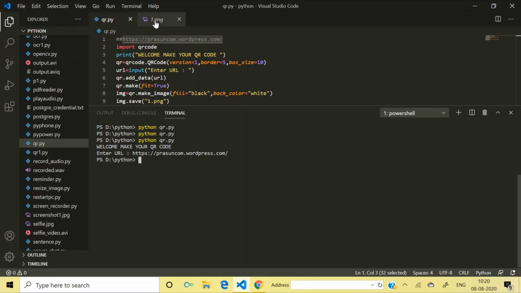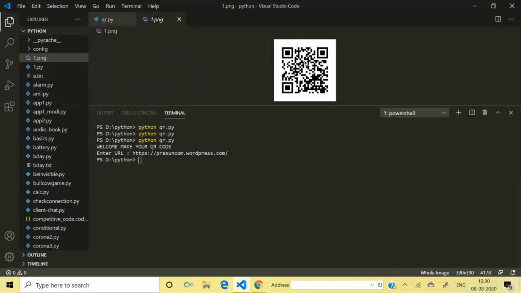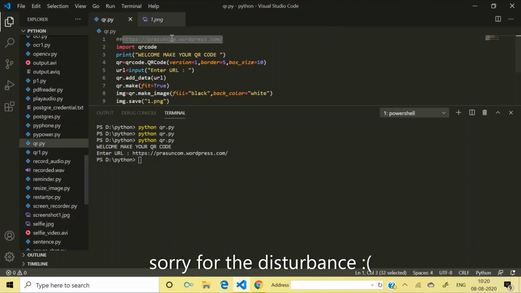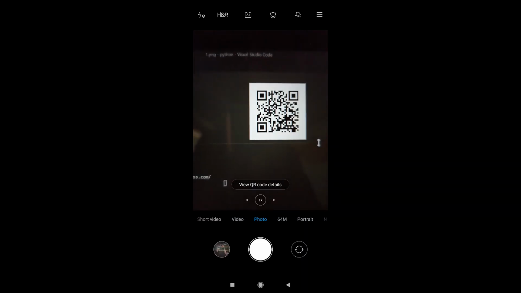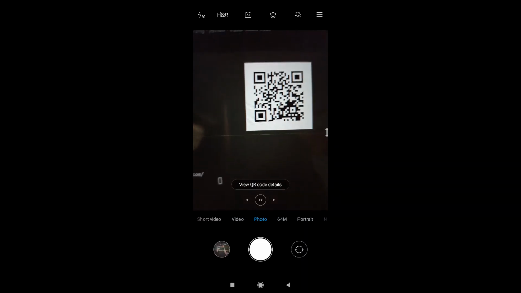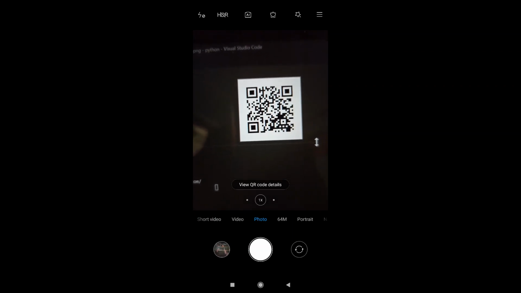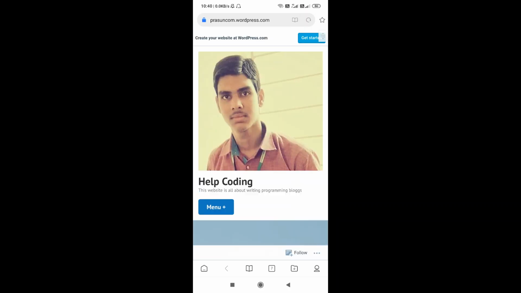And you can see that the QR code has been changed accordingly. And when you scan this QR code again, it will take you to your site. So here I will scan this QR code in the same manner, and it will take me to my personal website. There is no content recently, but I think you can understand how a QR code is generated.